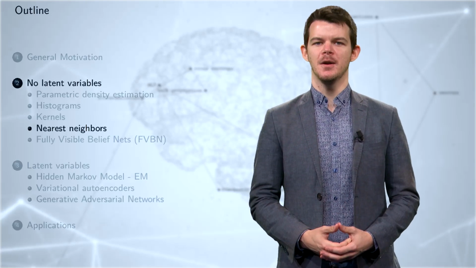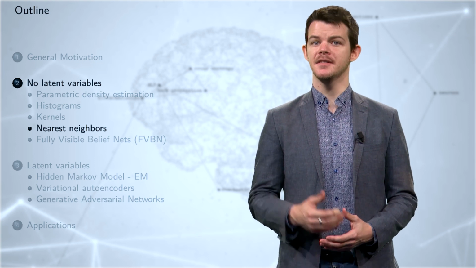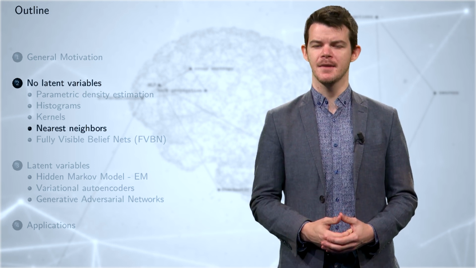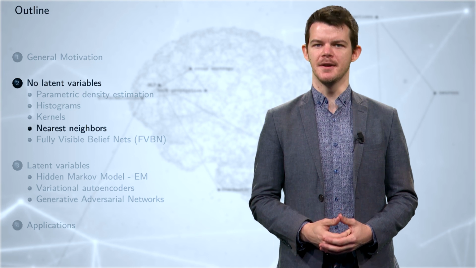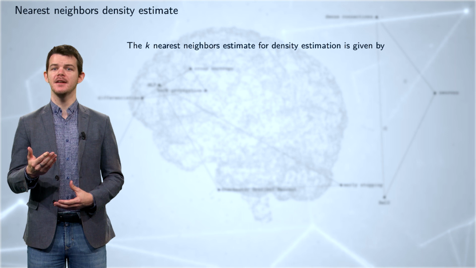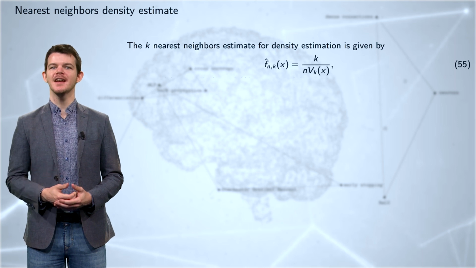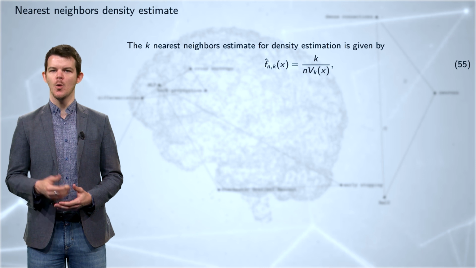Now we are going to see a last method which belongs to the class of local averaging estimates, as histograms and kernel methods: the nearest neighbor estimate. As for histograms and kernel methods, we want to estimate the density based on the points that are close to the query point x. More precisely, the k nearest neighbor estimate is defined in equation 55, where k is the